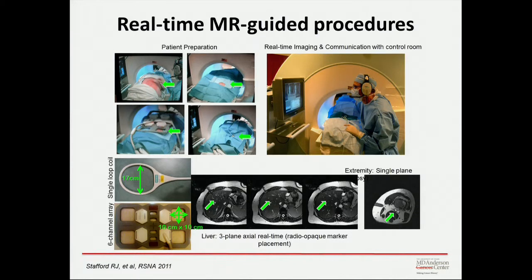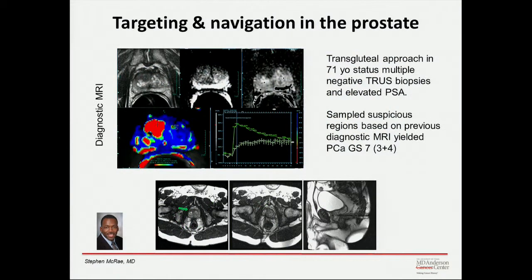And so they've developed some different approaches. Here's a different way that they were doing bone biopsies for, I think, a sarcoma. Steve McCrae is another interventional radiologist, and based on some prostate imaging data, he began to think that he could detect these functional locations better for biopsies, and interestingly enough, decided that the best approach was transgluteal. So he's able to do this much longer approach, which has to cross less critical structures, but before they were